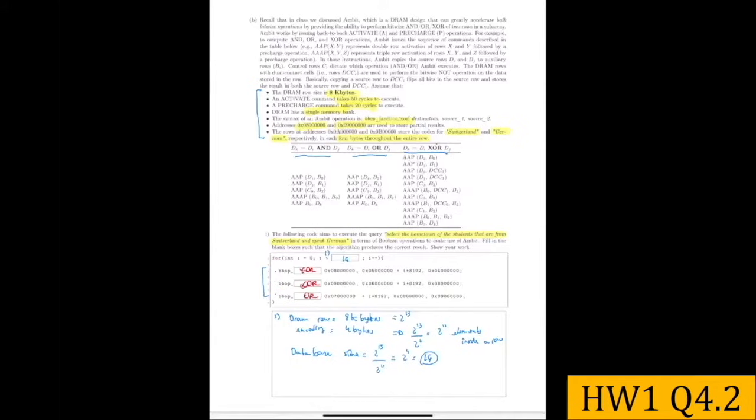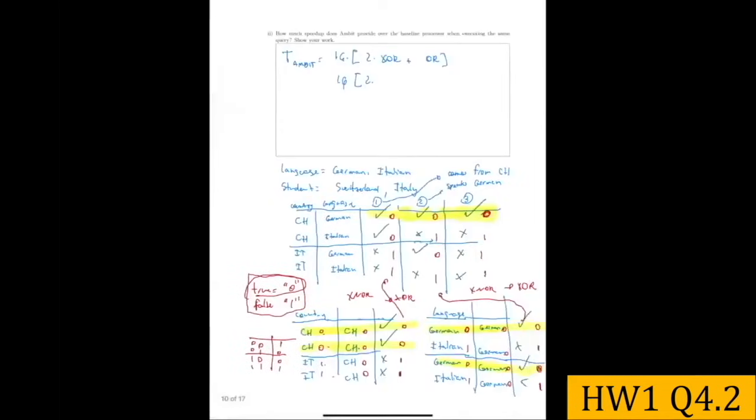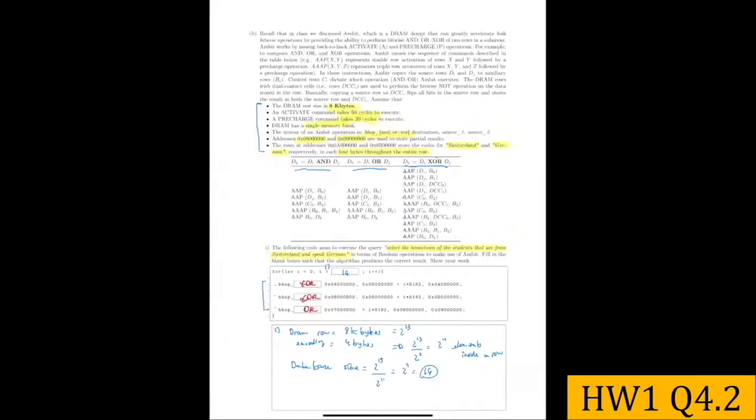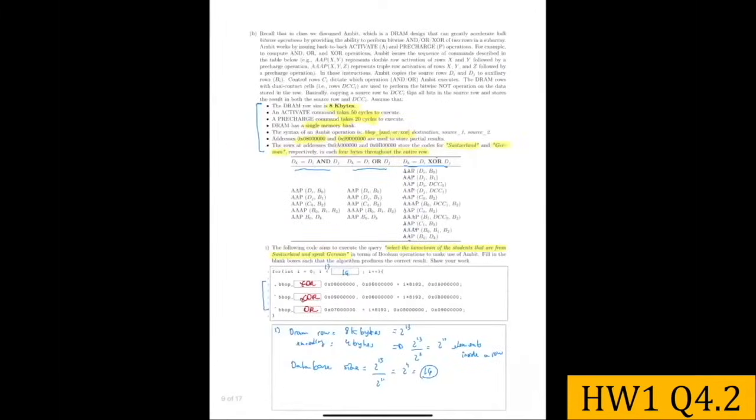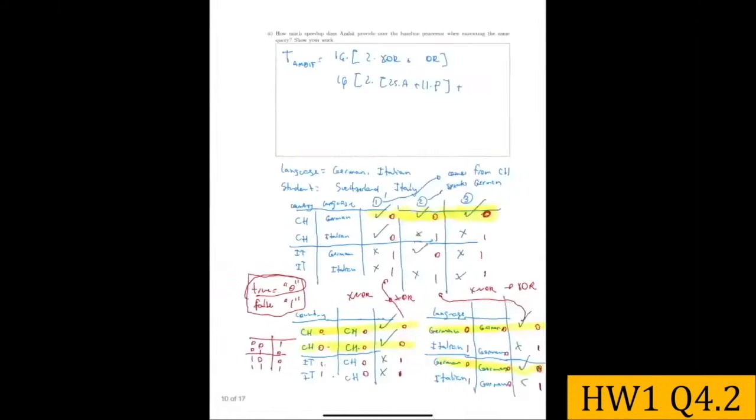So here I have 1, 2, 3, 25 AP plus, for the OR is 1, 2, 3, 4, 5, 6, 7, 8, 9, 10, 11. 11 APs plus